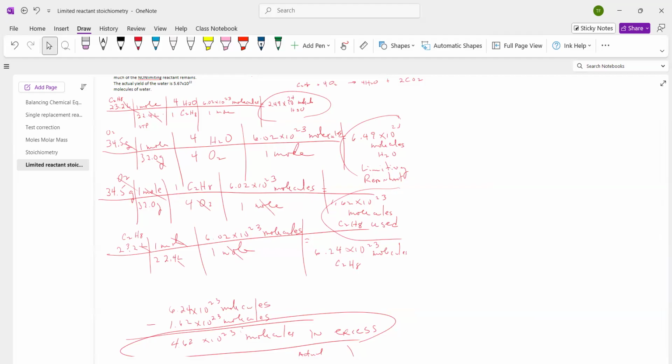Oh, I see what you mean, instead of using the ethane. Yeah. Ah. Yes. That's what I should have done. Very valid point. Yeah, we should have used the